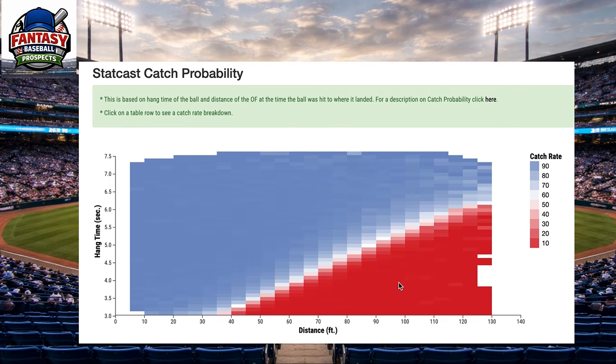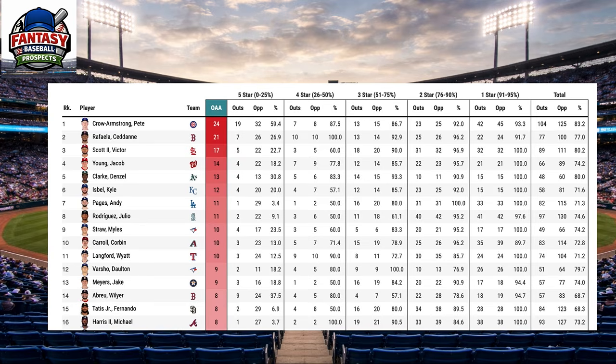So based on overlaying this type of data on how much ground a player can cover and in how much time, and then where your ball is going to go based on your launch angle and your exit velocity, and how much hang time you're going to get from that and distance from the outfielder, it kind of lays into this, right? If that makes sense. And that's how, using this catch probability data, you can get to the outs above average,